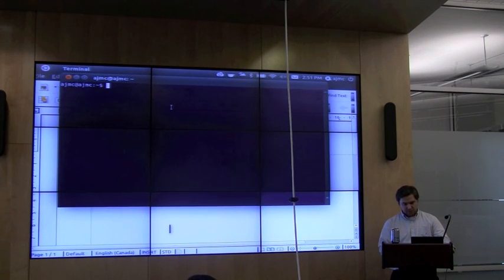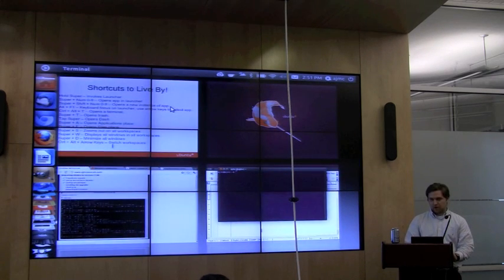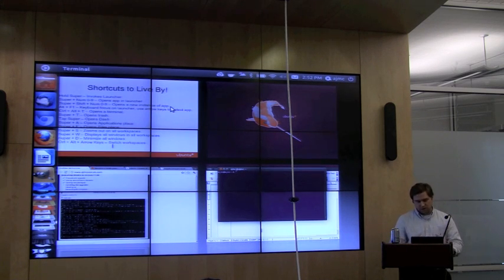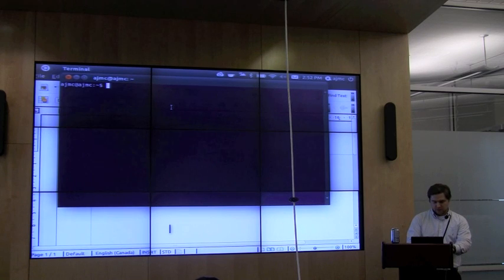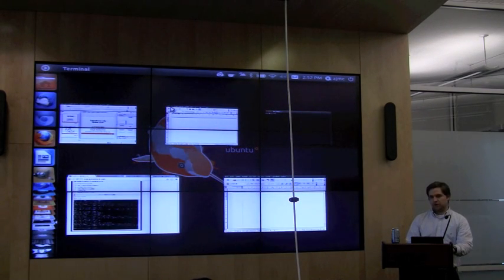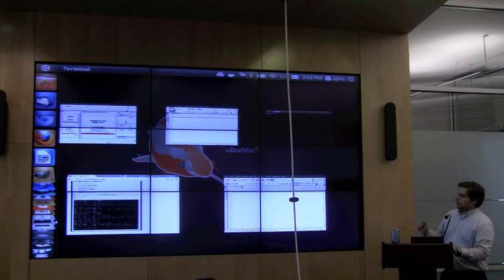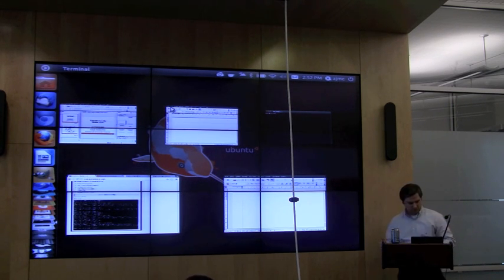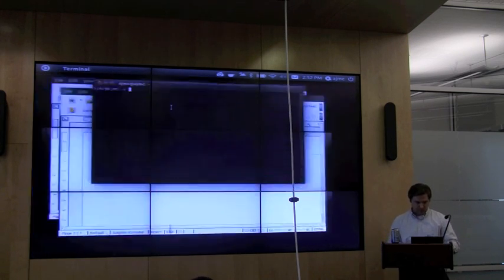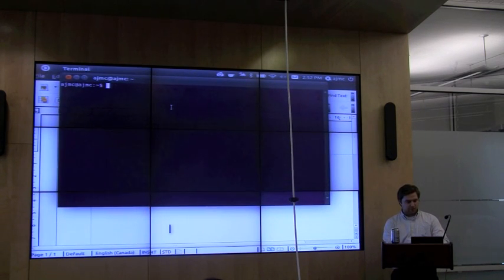And in terms of workspaces, Super S zooms out on all the workspaces, so this is good if you have lots of applications open and you forget where things are. Another cool one is Super W, which opens up all the windows that are open in all the workspaces, so it gives you an overview of everything that you have going on in your desktop. And then you can switch between workspaces just with